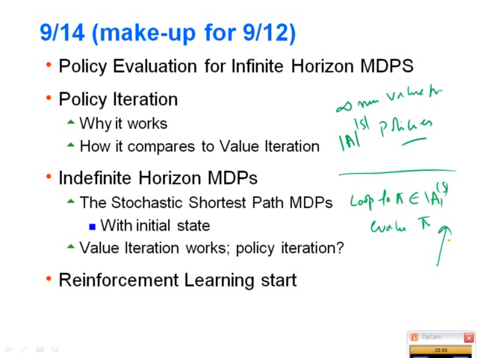Rather than just loop from one policy to another policy where the two policies have no connection, what I would do in policy iteration is start with any arbitrary policy, and then find the next policy from the previous policy. I find the next policy by tweaking the previous policy. How do I do that? Essentially,